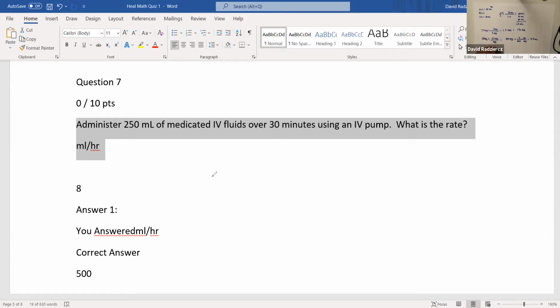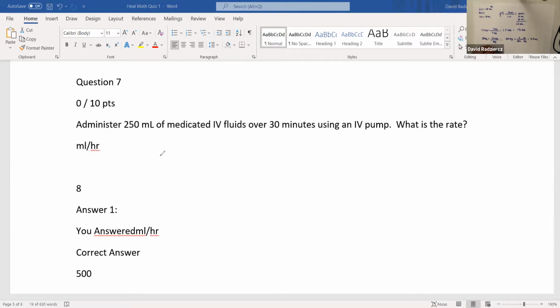I'm going to do this on the page here. The first way is the easy way: if they're going to get 250 milliliters in 30 minutes, in an hour they'll get 500 milliliters. You can see that the answer down here is 500. Alternatively, if you ever get stuck, and let's say this number was bigger than 60 minutes, like 90 minutes, or if it was 45 minutes and you can't do that quick conversion in your head, you're going to take the flow, which is 250 milliliters